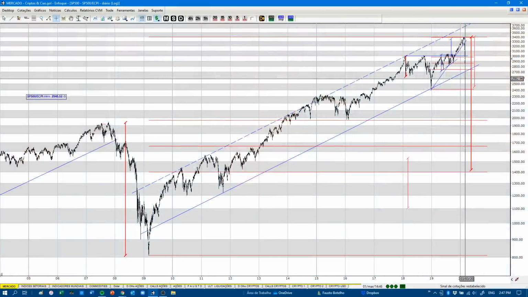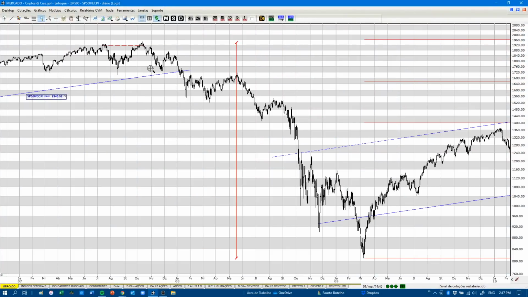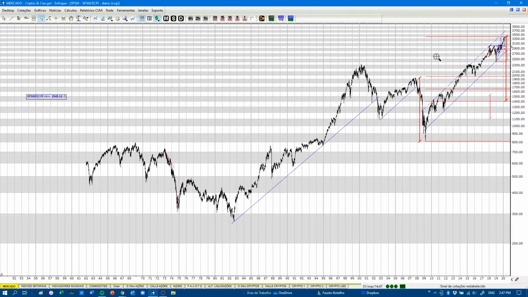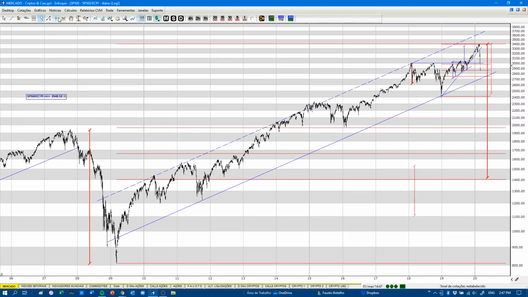Let us remember what happened in the subprime. The market topped in October 2007, and it took a year of a slow downtrend before it said, yeah, I've crashed. Well, it took a year for the market to really crash. But we have to consider too that we're now with the same problem, as I heard from the former president of the